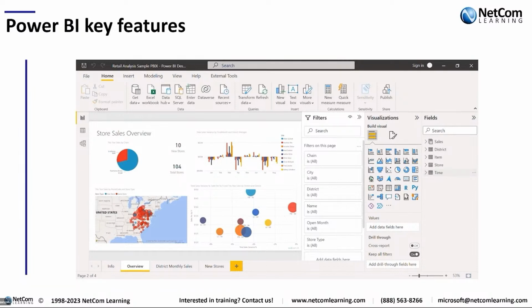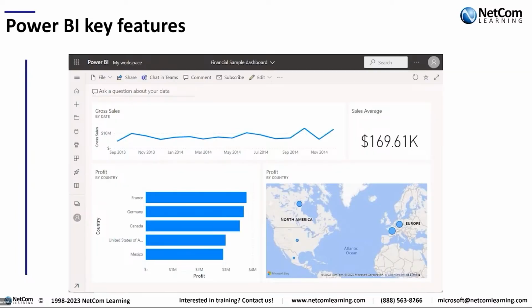You have the data transformation components, where if you're using data that you're hosting in your own data store, you can transform and clean it and reshape it as you need to before you create the visualizations. And then we also have Power BI service. Okay, so what is Power BI service? Well, Power BI service is the actual processing of the data that we generate.